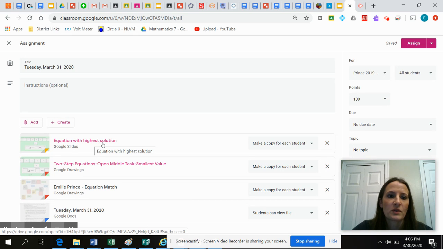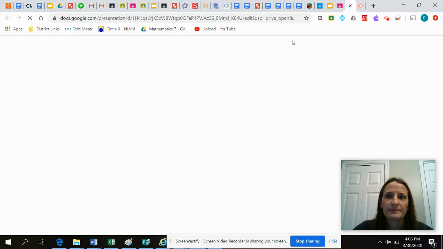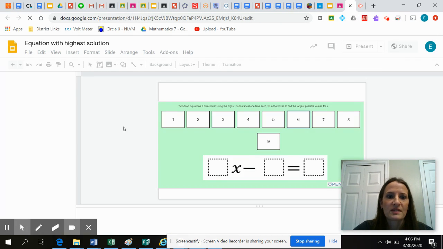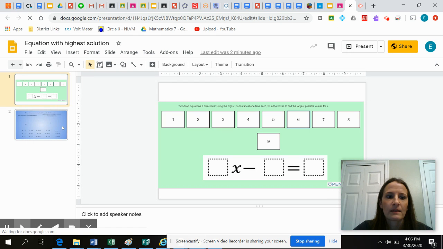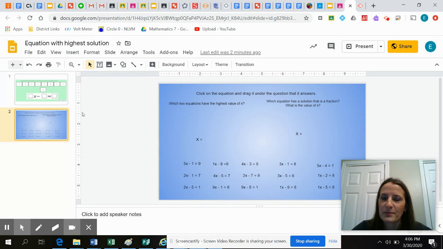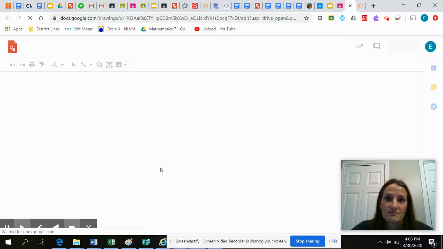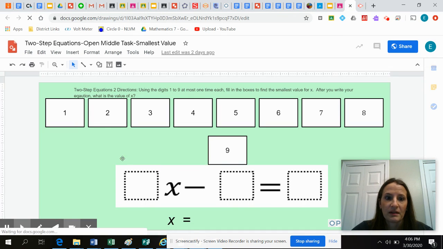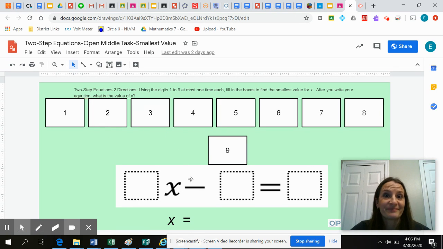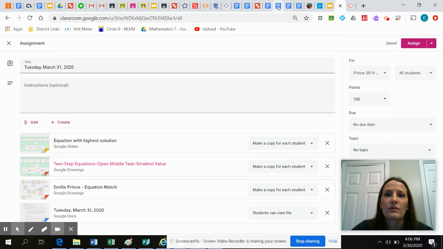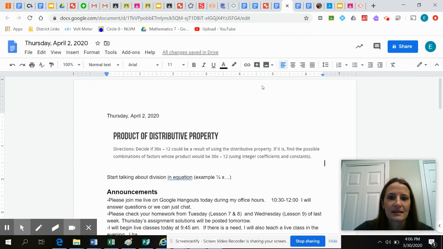Okay, this is where you're going to answer number 1. Okay, it's a Google Slide again. Do not press present, because if you press present, it will not work. And click and drag. I just showed you guys this. All right, then this is what number 2 is. Okay, I want the value of x that is the smallest. Your answer may be a fraction. I'll give you a hint. It is a fraction. And then the last thing I want you to do is,